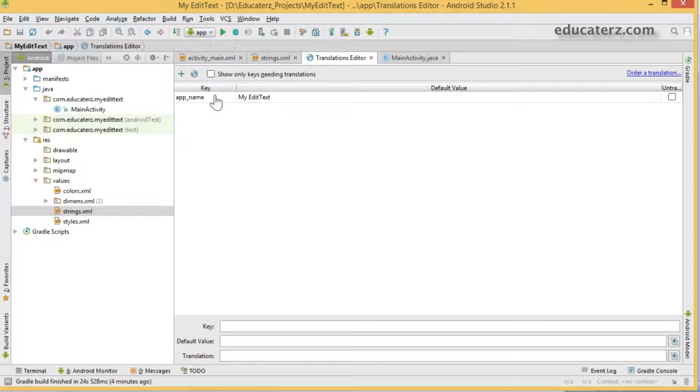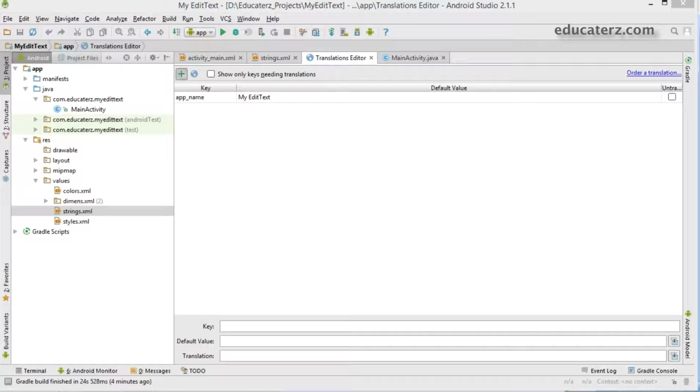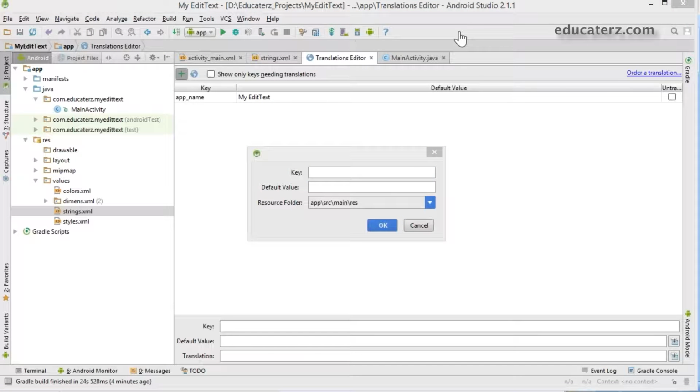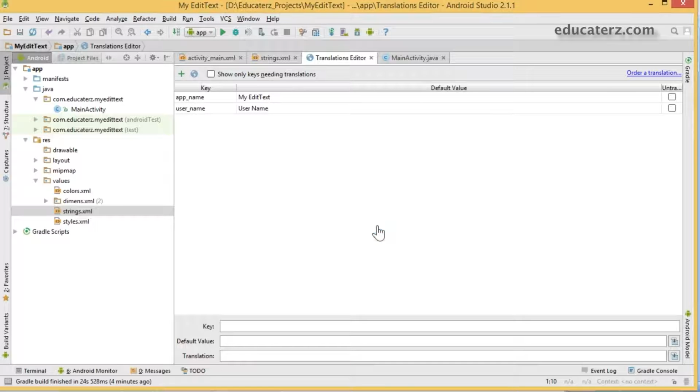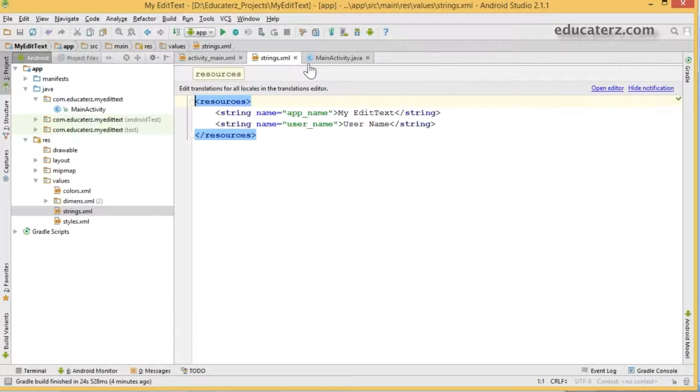So open your editor and click on the plus button to create your new string value, that is username. So the value will be username. So the end user will understand that okay, here I need to type username.